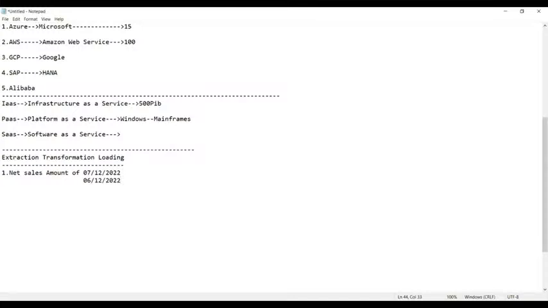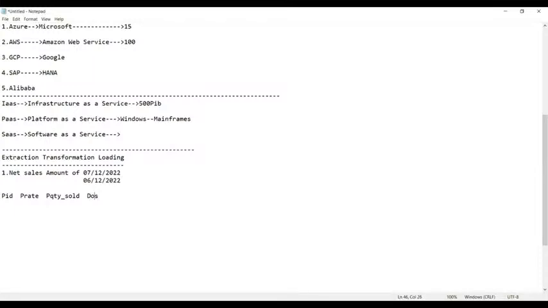This is the data. You have the product ID, PID, the product rate, the product quantity sold, and the date of sales, DOS.